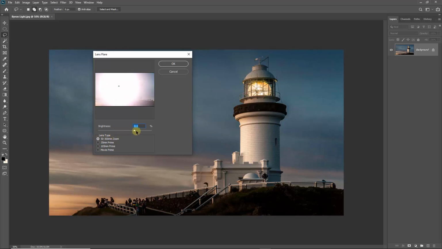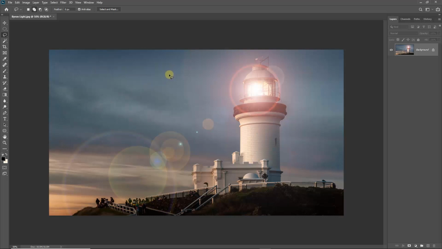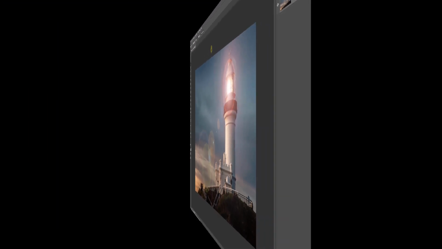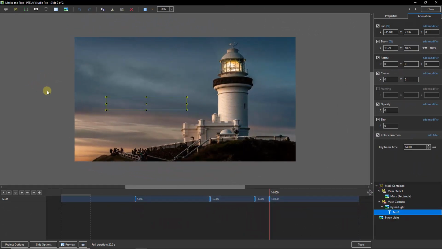We can choose the brightness here, as you can see, and we can even move this around if we wanted to position the light something in that way. And that's the sort of thing that I did. And then we need to make it as bright as we need it. Whatever we choose, click OK. Now we need to save this, but we need to save it with a slightly different name, of course. Now, having saved that as Byron Light Flare as a JPEG, I brought you back into